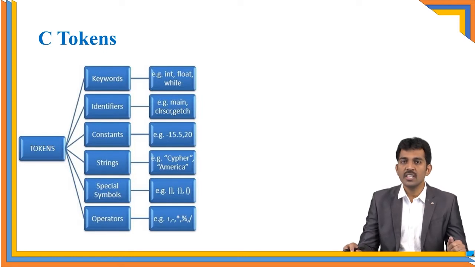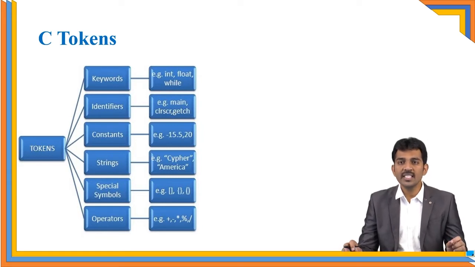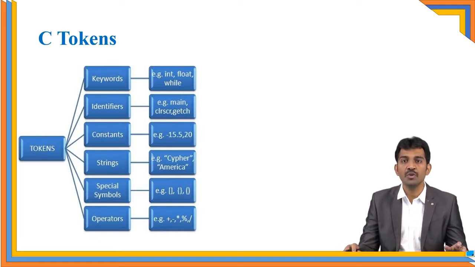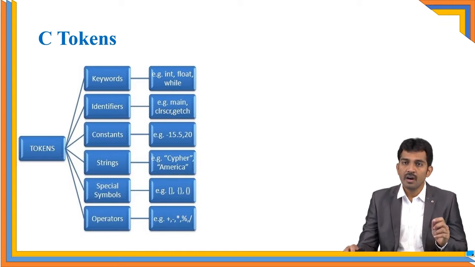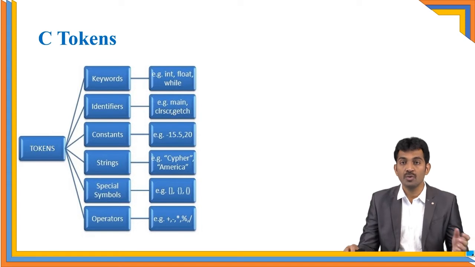Let us see what a keyword is. Keywords are reserved words, for example int, float, while. These keywords are used by the developers for the compiler's purpose, so we don't have a provision to use these keywords for our own purpose. For example, if you book one seat in a theater, you don't have a provision to allocate it to others. Like that, these are words reserved by developers, so we cannot use those keywords for our own purpose.